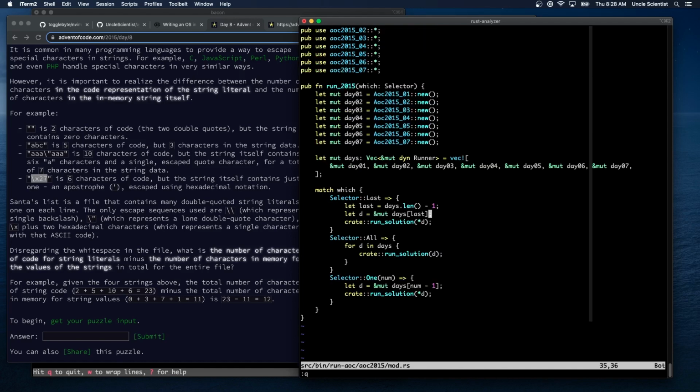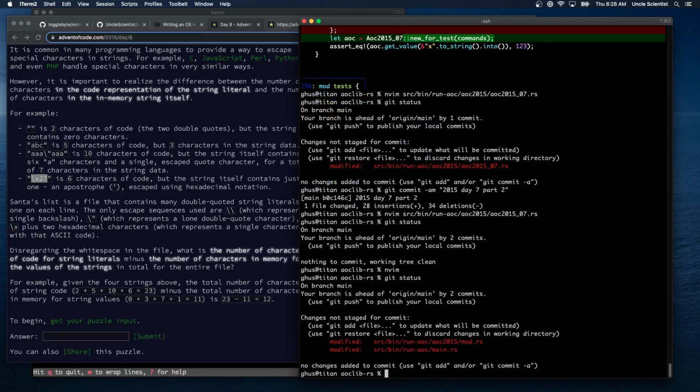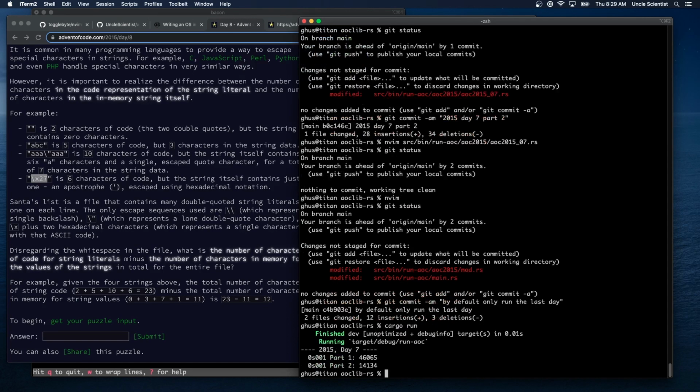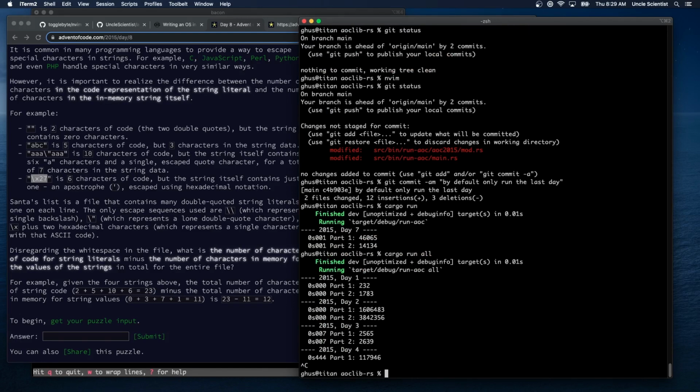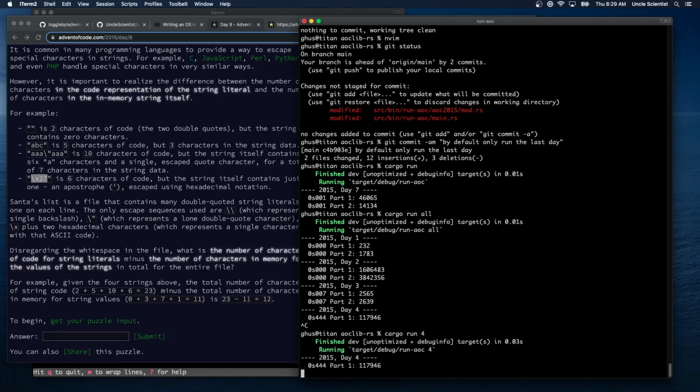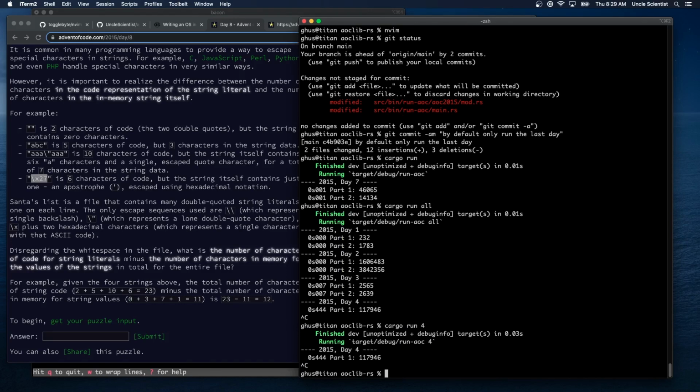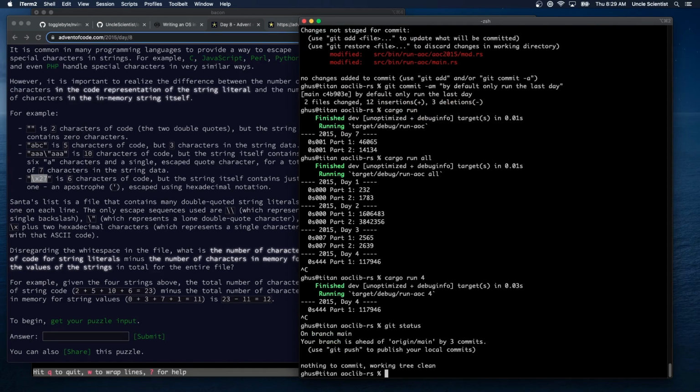Yeah. Good. Git status, git commit -am, by default only run the last day. Cargo run, which is just day 7. Cargo run all, runs them all. And I shouldn't do that because day 4 takes forever. And cargo run 4 runs just day 4, which I shouldn't do because day 4 takes forever. Okay. Git status. We're clean and we're ready for